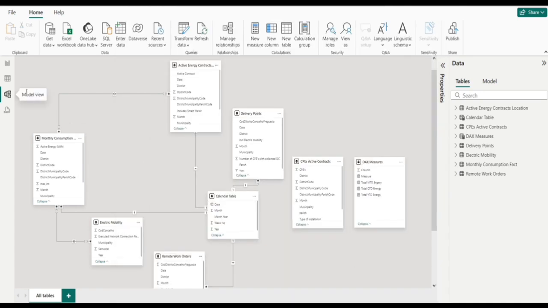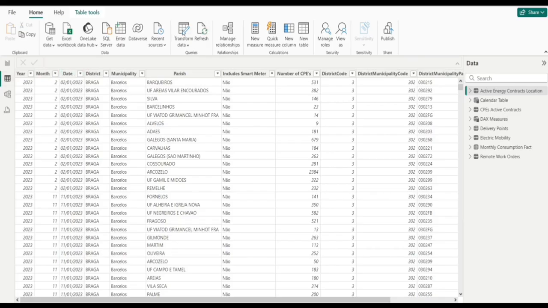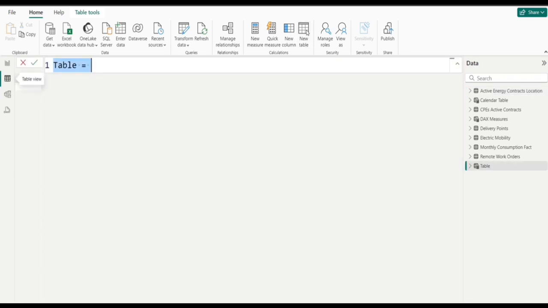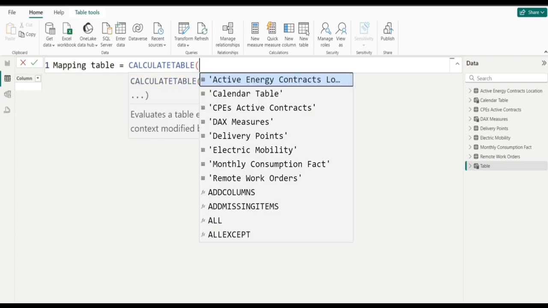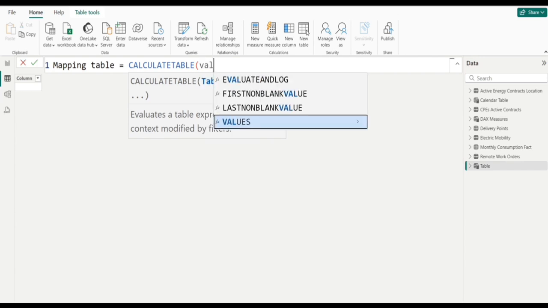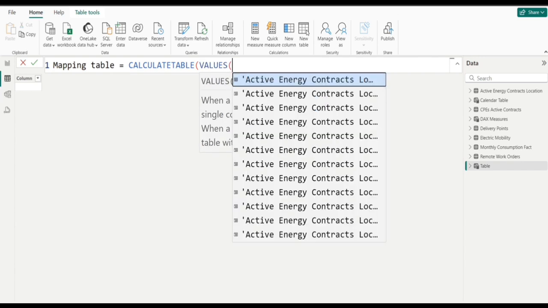So now what we will do, we will build a mapping table which will connect active energy or remote or anything with that. And now I will tell how to create mapping table. Okay, let's create mapping table. We will give its name as mapping table only. Okay, let's say calculate table, then values. In that values we will pass